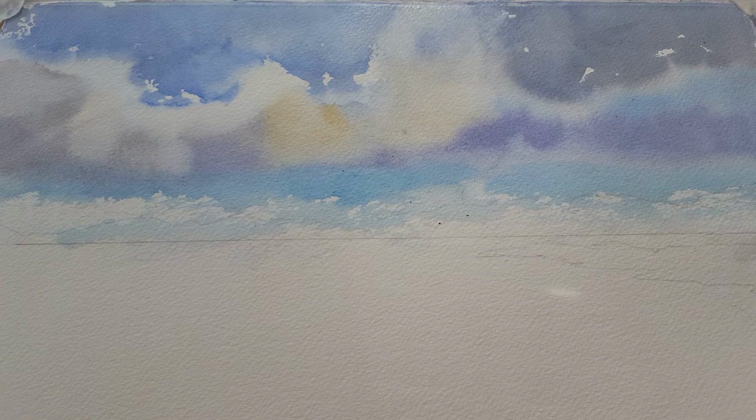So the sea area here now is, I'm mixing up Viridian, which is quite a shocking green colour, but if you mix it with ultramarine, it's really nice. It actually gives a lovely translucent